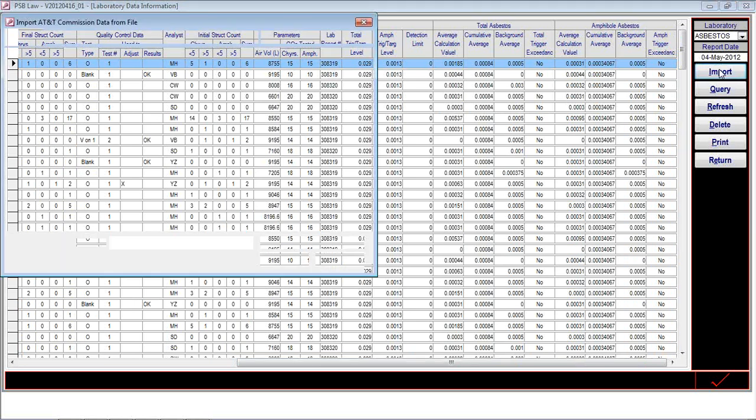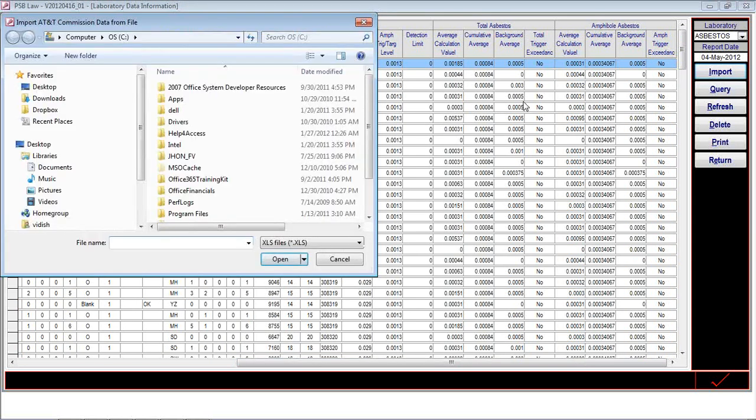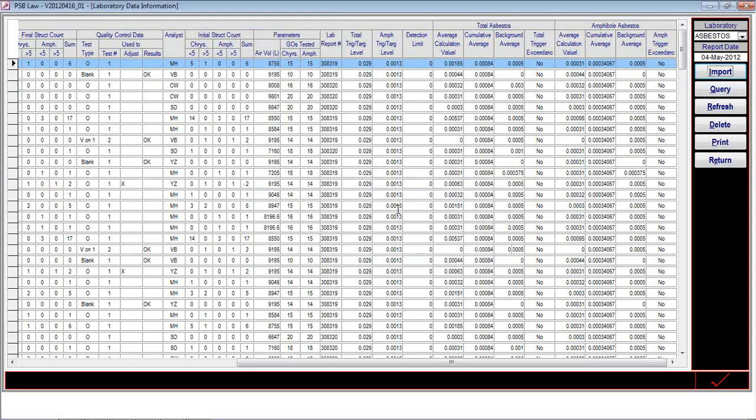Just a quick question, Shachi. Do you mind if I chime in? Yeah, please. Something that jumped out at me right away is the values for the background average for both total and amphibole asbestos. They seem to be fluctuating back and forth. They should really be one constant value. Is that something that is just